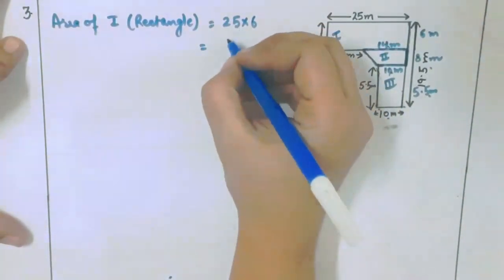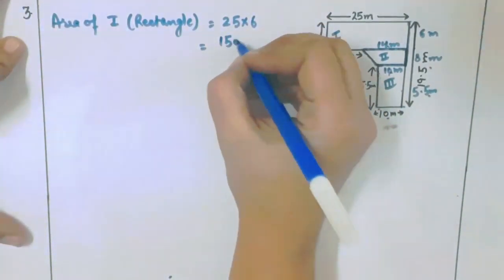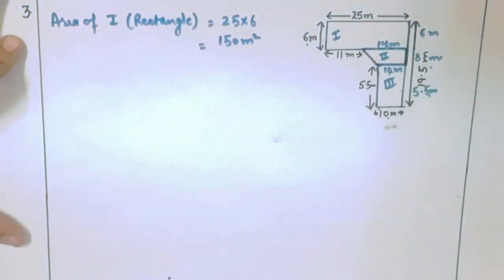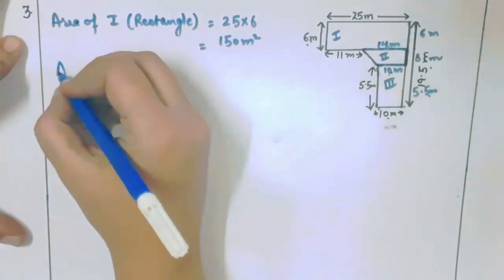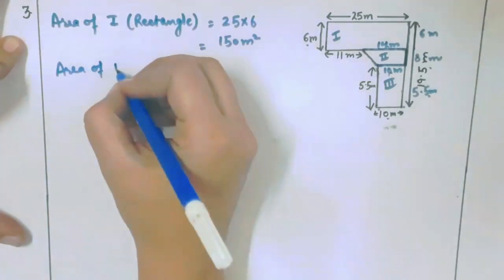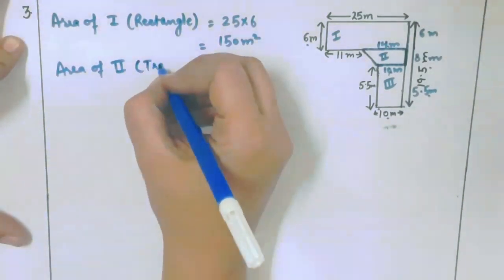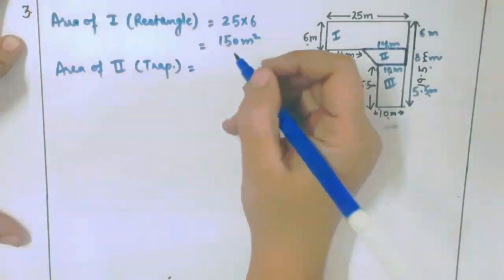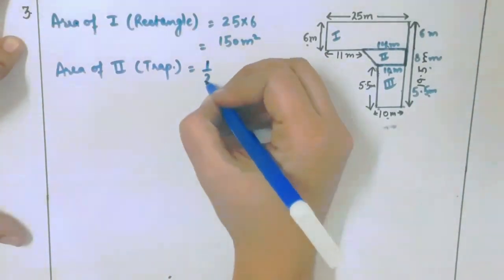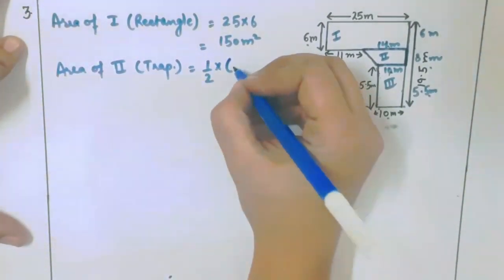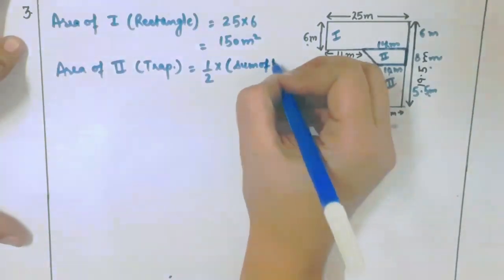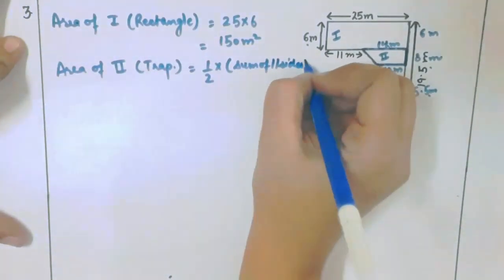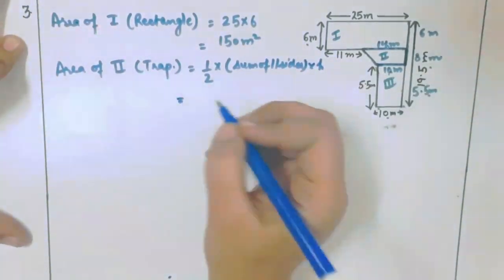25 into 6 is equal to 150 meter square. Now area of second figure, it is a trapezium. Now what is the formula of trapezium? That is half into sum of parallel sides into height, as we have discussed in exercise